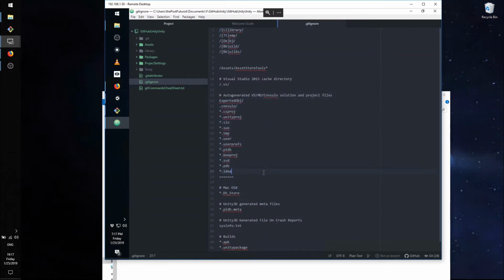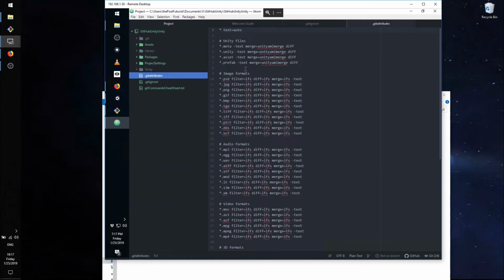This is all stuff that we don't want to sync. Second file here is git attributes. This is how all of these big files will be treated, and that they're going to be stored via Git LFS because, as I mentioned before, Git does not do well with very large files,